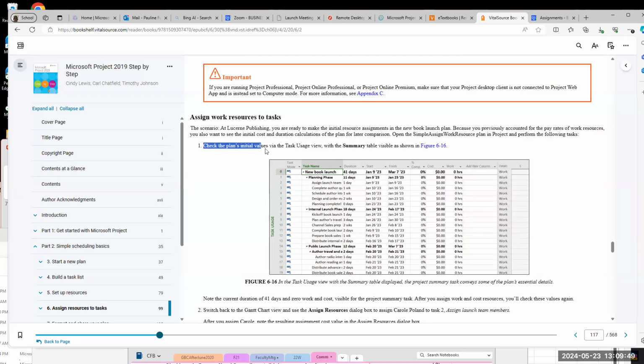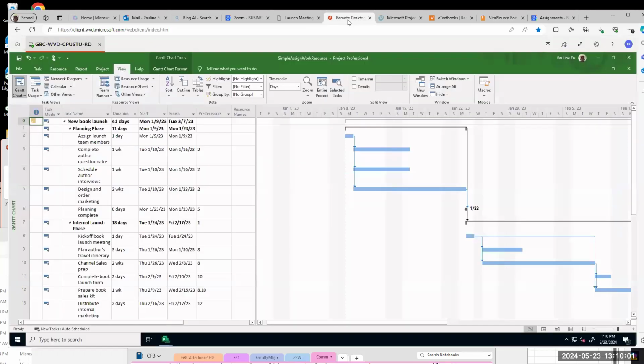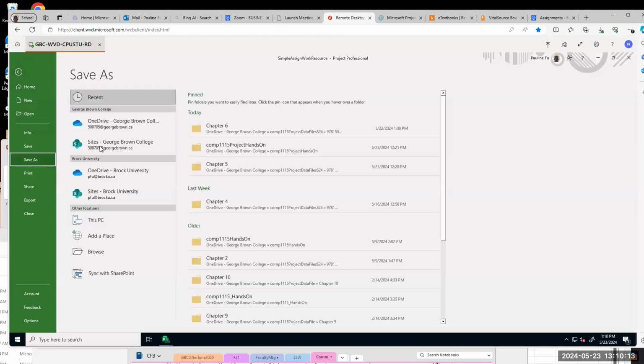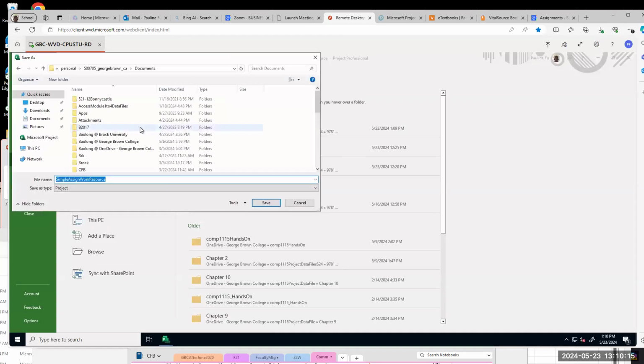Step 1, check initial value in task usage view. Before we do anything, save this file in the hands-on folder on OneDrive drop-down using the original file name followed by your initials.